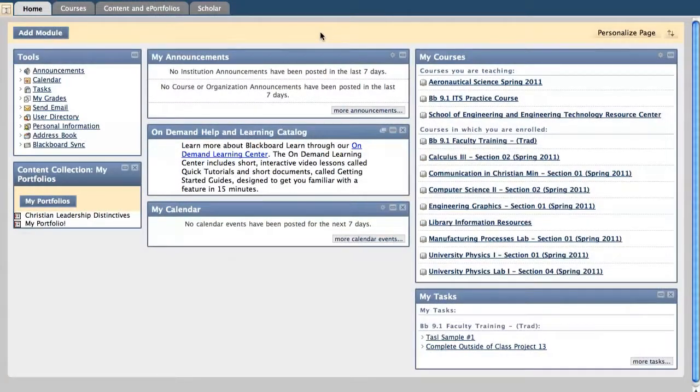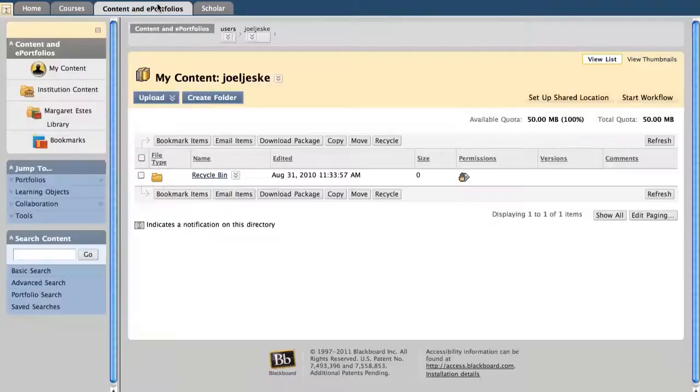Alright, in this video I'm going to show you how to share your ePortfolio with your entire class or with users that are both on and not on Blackboard. Now to get started, click on the Content and ePortfolios tab at the top, and then click on Jump to